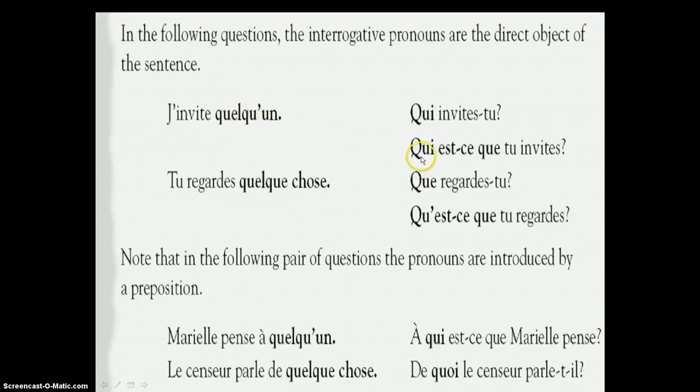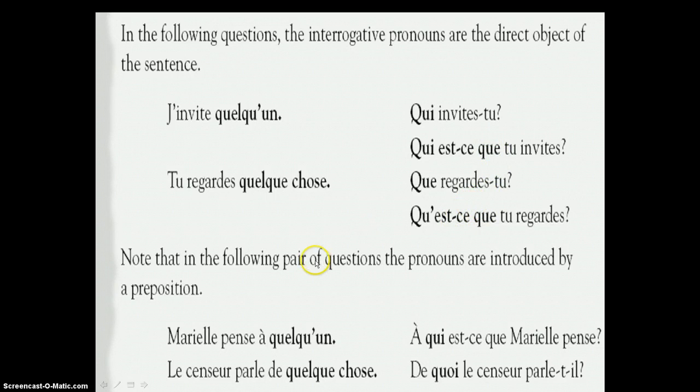Remember, the first part is always the person or the object, a person or a thing. And the second one is quelque chose, something, so it's a thing. You notice it's a thing, so that's why you have qu' here. The first part here is a person, but the second part, the que, refers to the direct object.